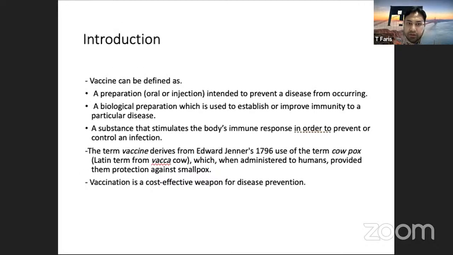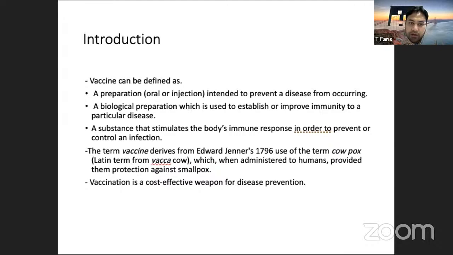What are the vaccines? The vaccine can be defined as the preparation, whether oral or injection, whatever the route of administration, intradermally, whatever it is. As long as we call it a vaccine, it is intended to prevent the disease from continuing or occurring. A biological can also be defined as a biological preparation that can be used to establish or improve your current health status, or maybe you want to get rid of certain